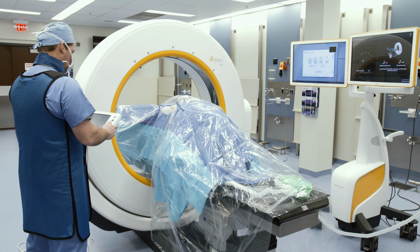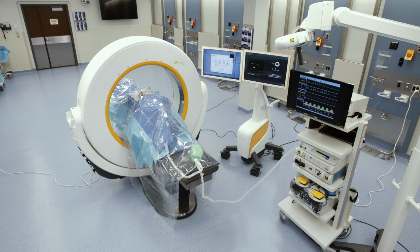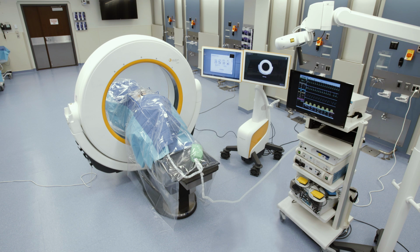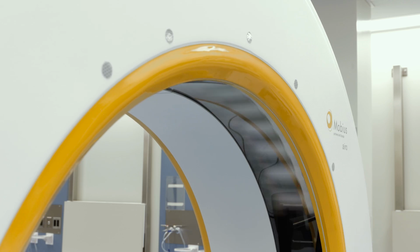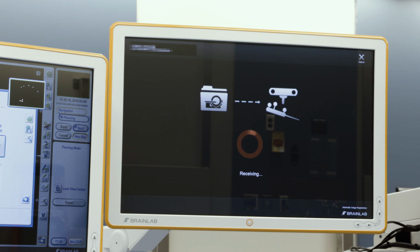Once the table's in the position to do the scan, everybody would leave the room except for the nurse anesthetist who has lead on, and they would step back from the table and do the actual scan while everybody else was outside of the room. And then folks would return to the room, we would reposition the scanner in the table, take the drape off, and by the time we had done that, the images would have been sent to Brainlab